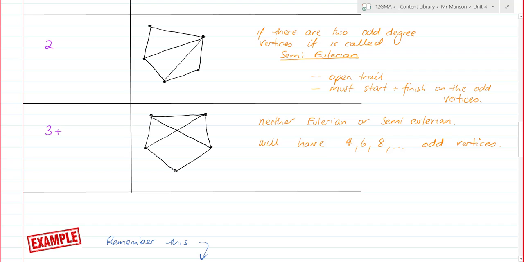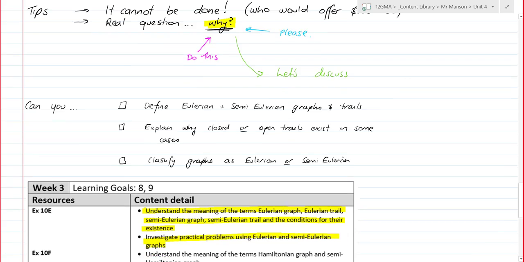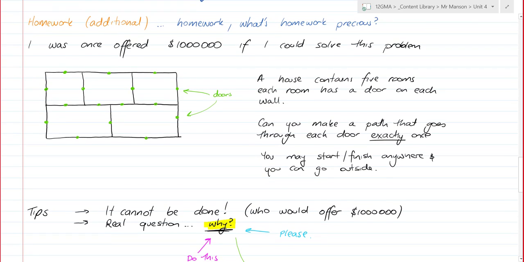And here's my last little thing before we finish. This was the homework from last lesson. Maybe you had to go to it, maybe you didn't, but I drew here and I did green dots to represent the walls, the doors. A house contains 5 rooms. Each room has a door on each wall. Go through each door exactly once. You may start and finish anywhere, or you can go outside. So the trick here is to understand that the rooms are the vertices and the doors are the edges. And I want to travel through each door, every edge once, without transporting myself from a vertex to another vertex